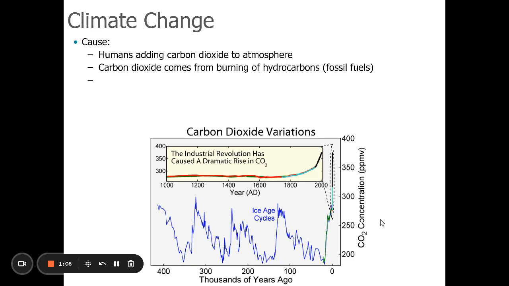Do you know what human activities contribute to climate change? Greenhouse gases. Yeah. Do you know what greenhouse gases are? What greenhouse gas is being emitted by humans in huge amounts since the Industrial Revolution? Yeah, carbon dioxide. So we'll talk about some of those.